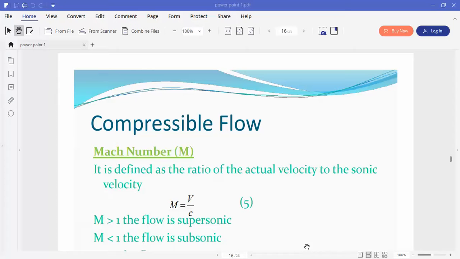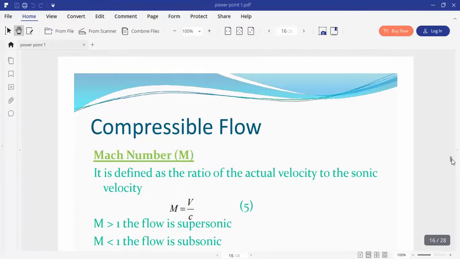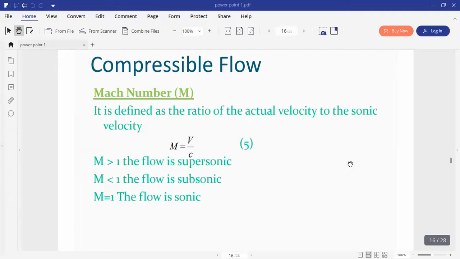محاضرتنا الآن تبدأ من تعريف ماخ نمبر. Mach number, which is denoted M, is defined as the ratio of the actual velocity to the sonic velocity. M equals V by C. M